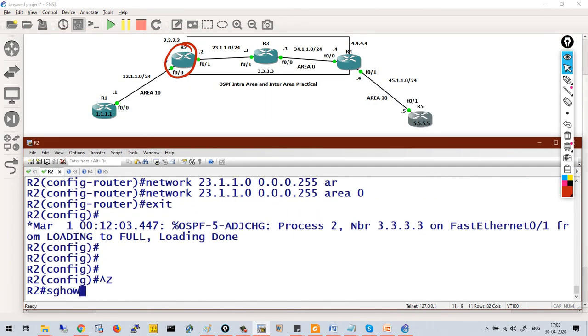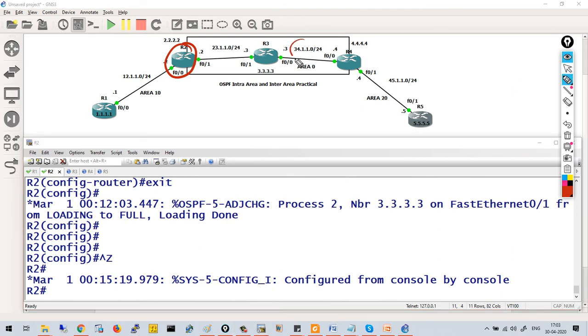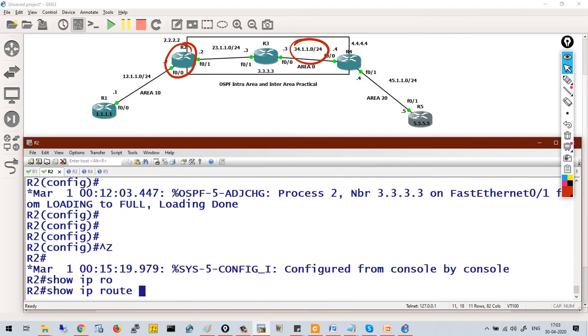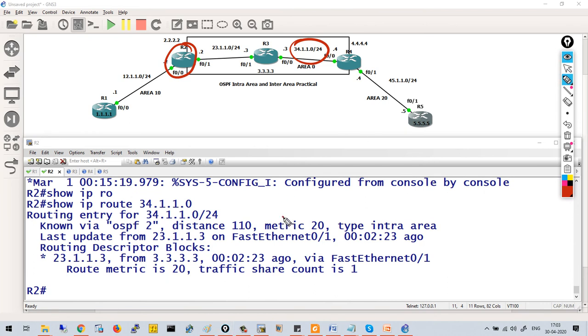Let's choose a network, that network is 34. Run show ip route 34.110. You can see the cost of R2 to reach the 34th network is 20. This is the cost of R2 to reach this network.